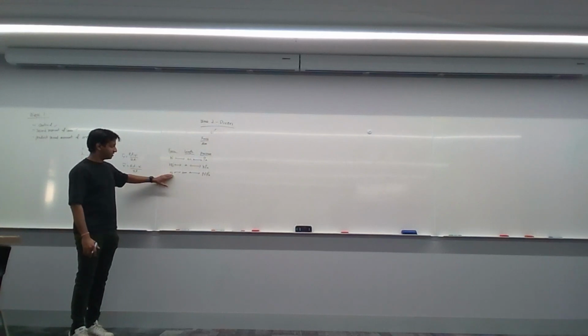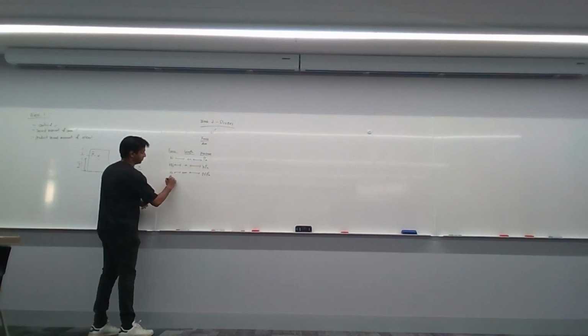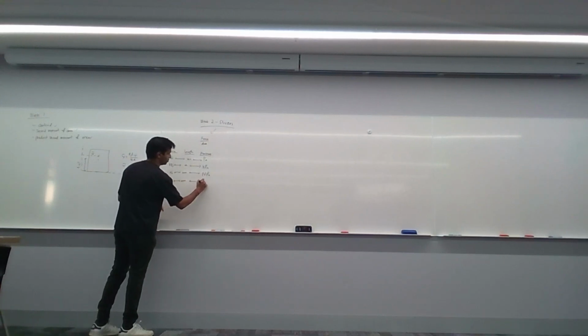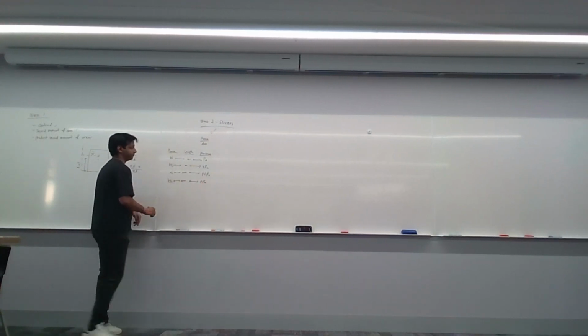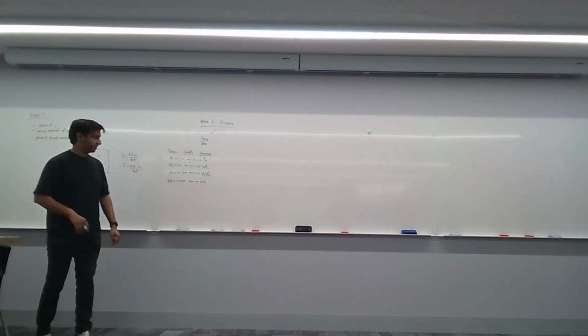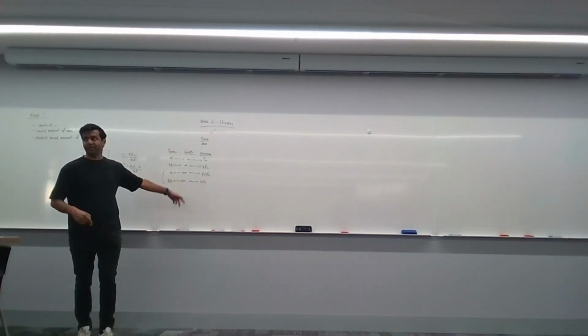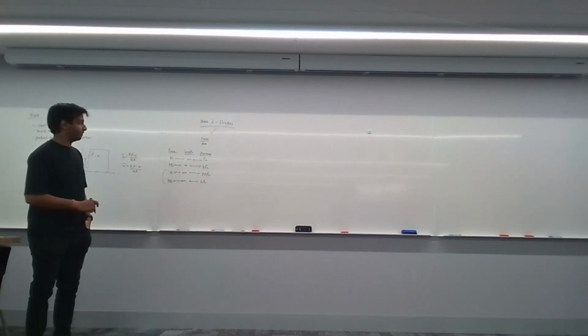I prefer to use this, or if you're using kilonewtons for force and you're using millimeters for length, you can use GPa for your pressure. Okay, any one of these. I prefer these two, usually the first one, the MPa one, but then you can use the GPa one if you want. Okay, now